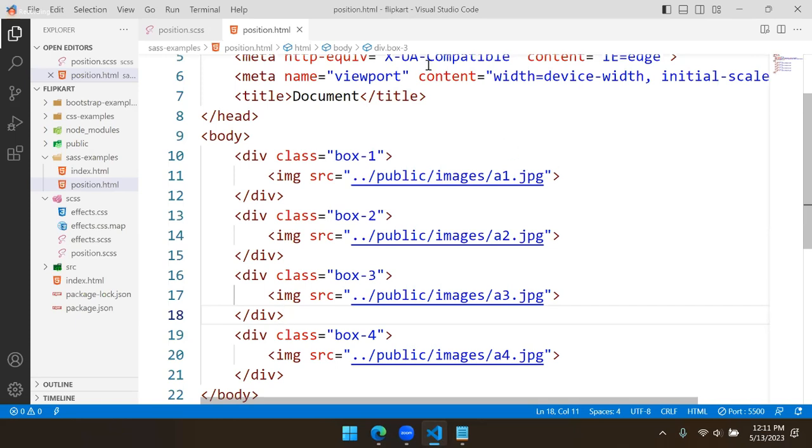Now let's see how we can access all the boxes. What is the similarity in all of these classes? The word box is similar, only the numbering is changing: 1, 2, 3, 4. We have headings. How many? 6. We have 6 headings, right? So usually what we can do is, suppose I'm defining